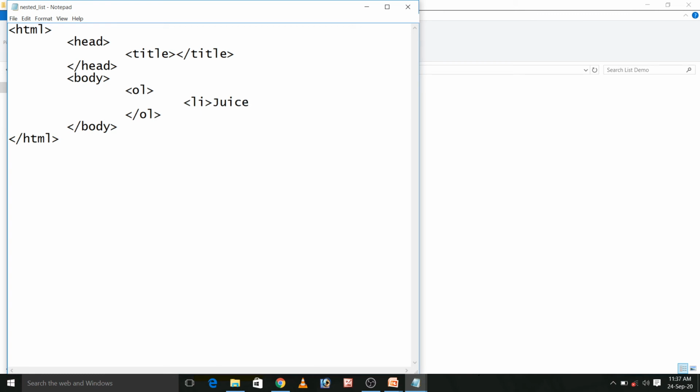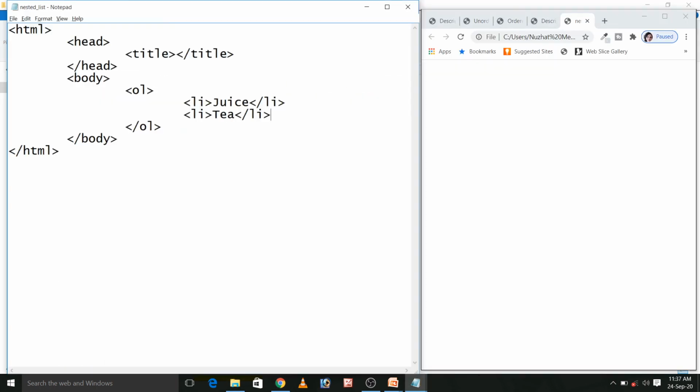Here I will write juice, li close, and then I will write tea. Save the file, refresh it. Here you can see juice and tea in ordered list format with the number 1 and 2.